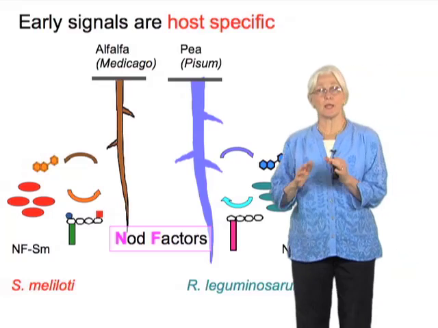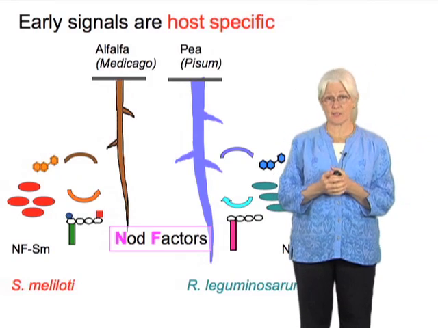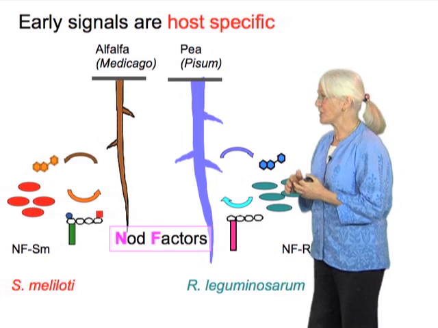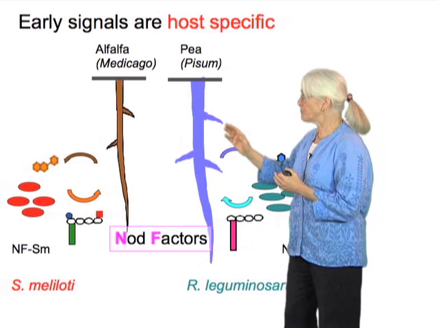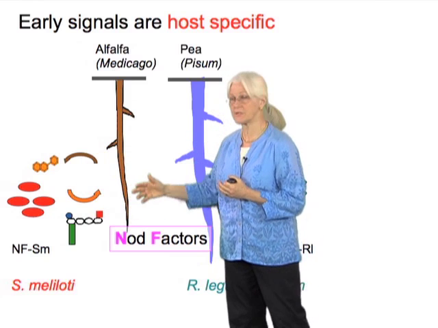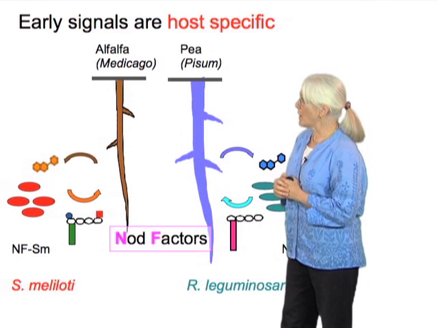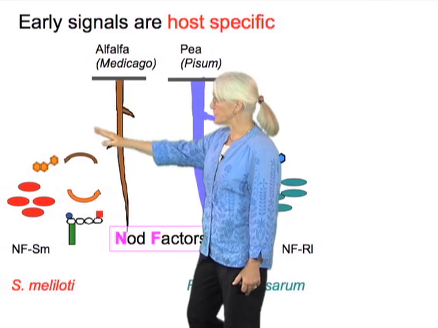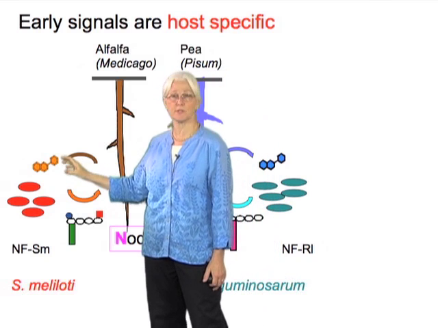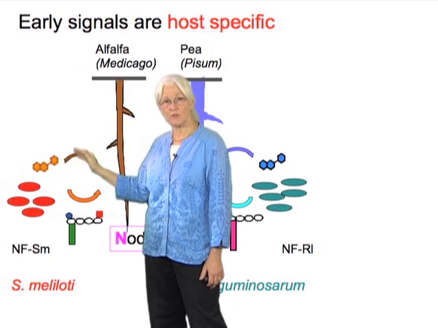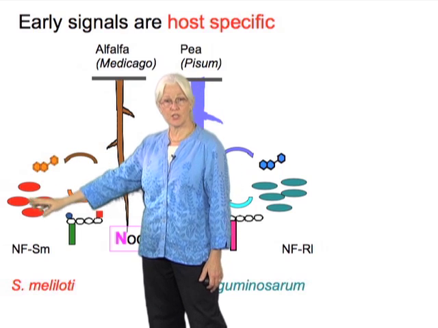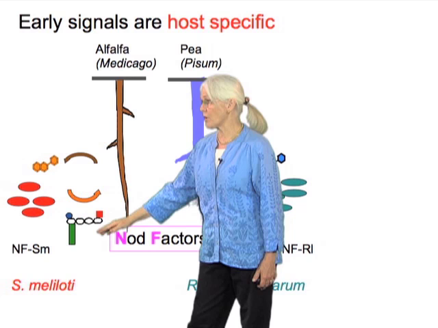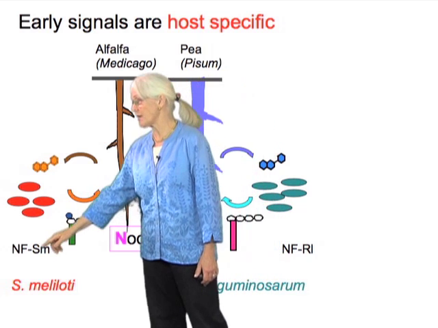Now, this cartoon introduces a couple of themes. First, it reminds us from my first lecture that the early events of nodulation include a conversation between the plant and the bacteria. The plant sends a signal out, and the bacteria send a signal back. In the case shown on the left, we're taking a look at alfalfa, Medicago sativa. This plant produces a molecule coded in yellow here, and you'll see the structure in a moment. That signal from the plant to the bacterium is able to trigger gene expression, and we'll talk about that in detail. The result of that gene expression, as I mentioned before, is the production of a nod factor, called here